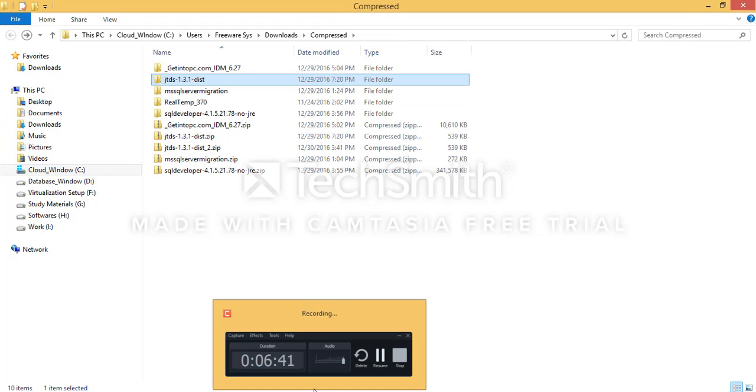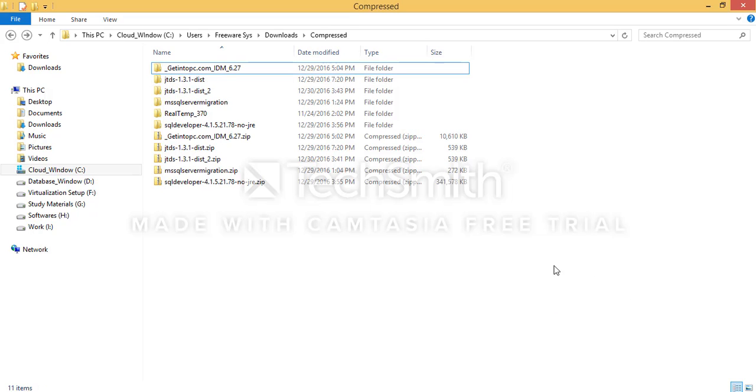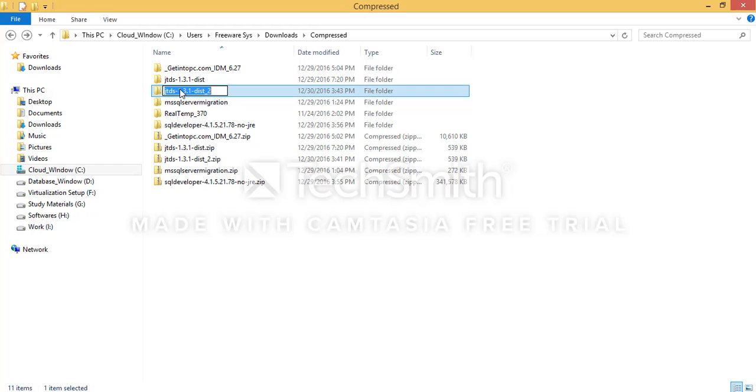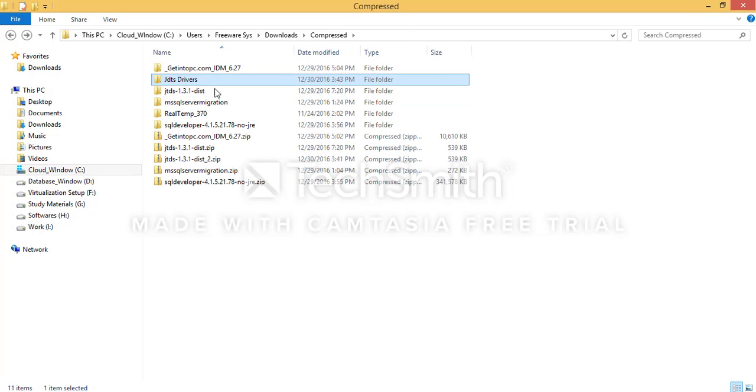Now as you downloaded this, you have to do some task. Extract this. Now I'm just going to give its name, jTDS driver. Okay, this is the jTDS driver.